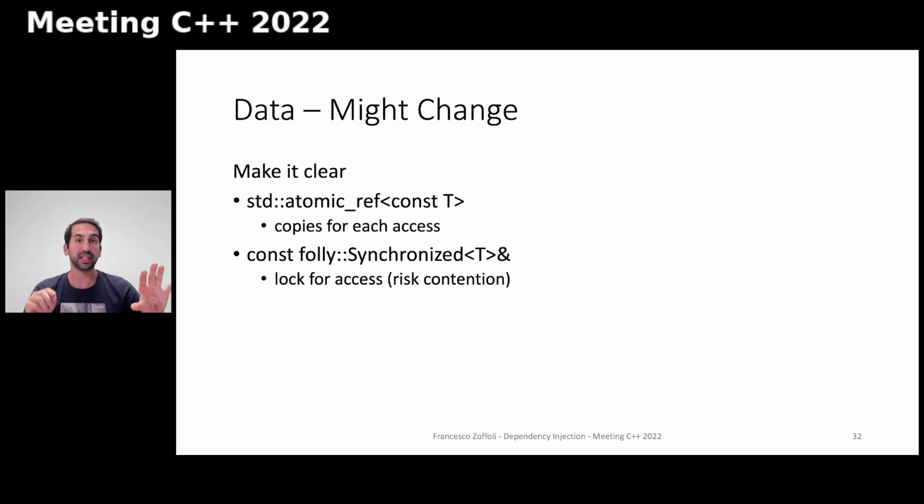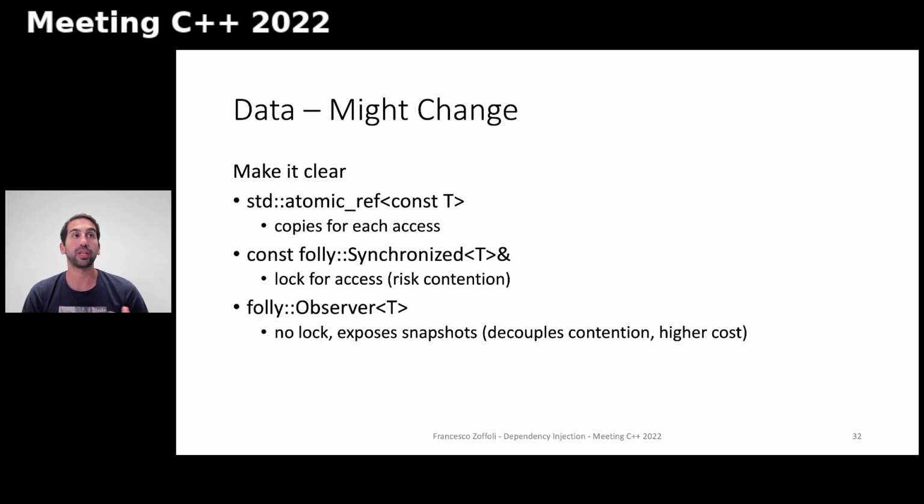If after this, the second component tries to acquire the read lock, depending on the implementation of the lock, it might get the lock or it might block, but in any case, it's not going to see the updated version of the data, even if logically its check happened after the new data was ready. Another option to solve this problem is to use Folly Observer. This doesn't lock the data when accessing or writing and exposes snapshots of the data, so decoupling the contention, but comes with a higher cost as it stores multiple versions of